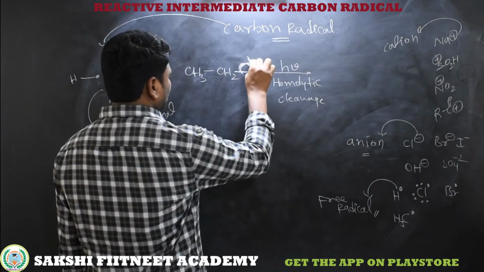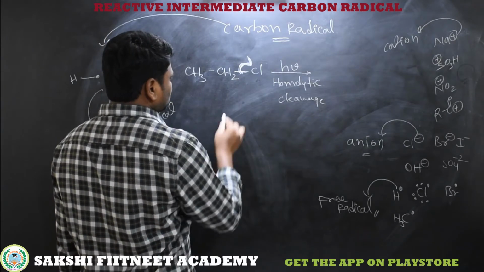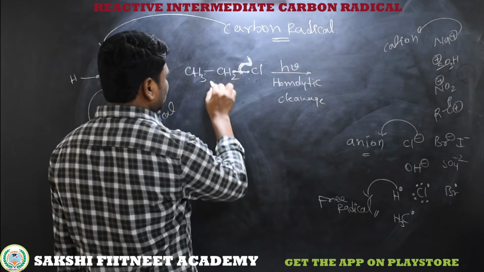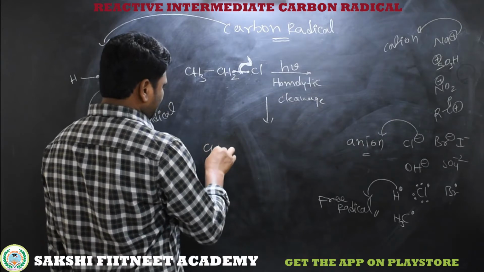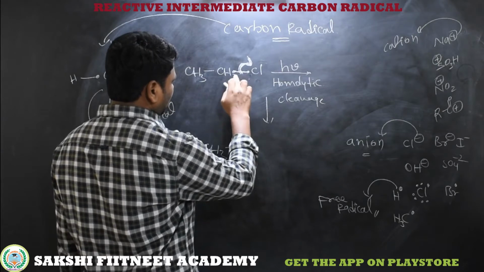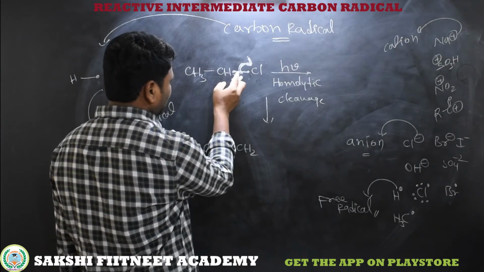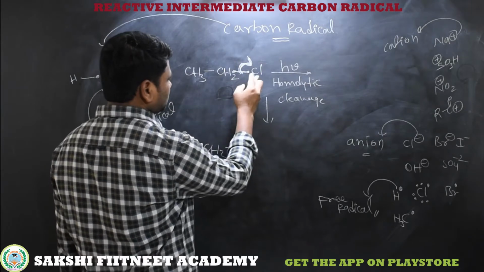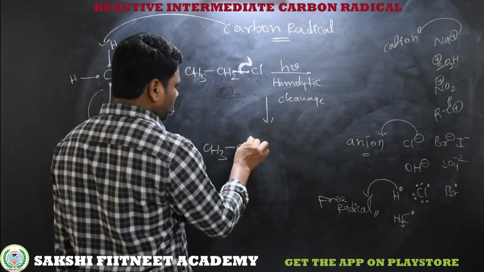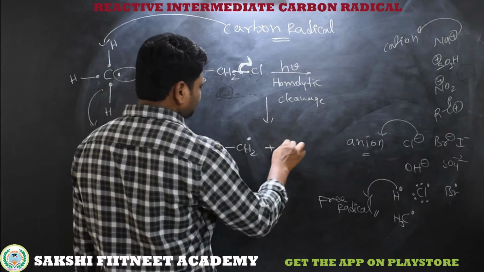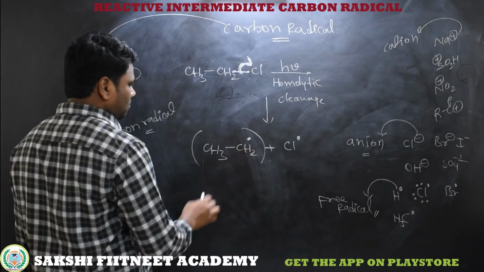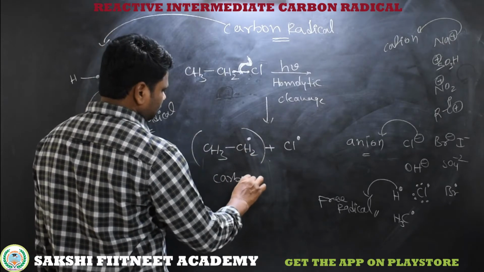For homolytic representation, we need to show a half-headed arrow. So what about these bond electrons? We have 2 bond electrons, 1 electron with chlorine and 1 electron with carbon. Then we will get a radical. See here, these two bonded electrons are shared equally. That means this carbon gets one electron, its own valence electron, and this chlorine gets its own valence electron. So around the carbon there are 2 hydrogens, 1 carbon bond and 1 radical, plus a Cl radical. So this is called a free radical, and the one on the carbon is called a carbon free radical.